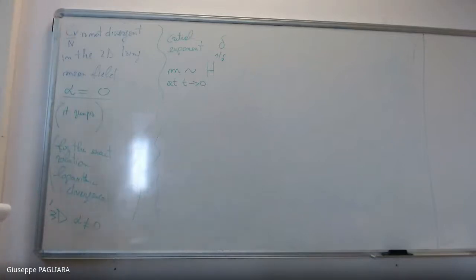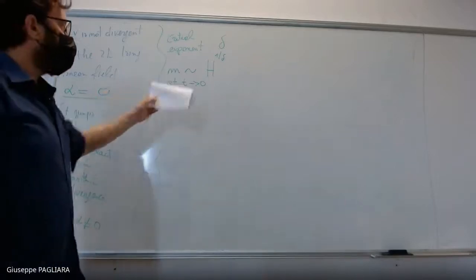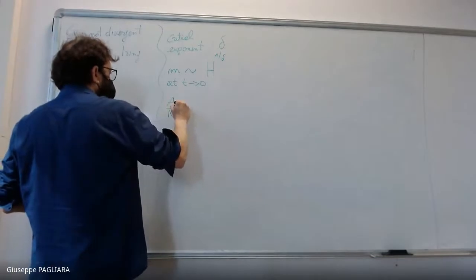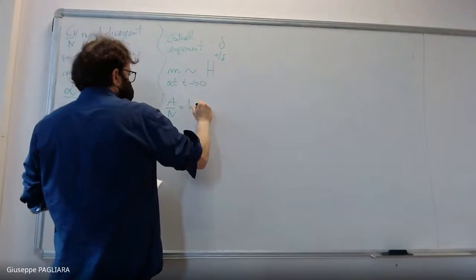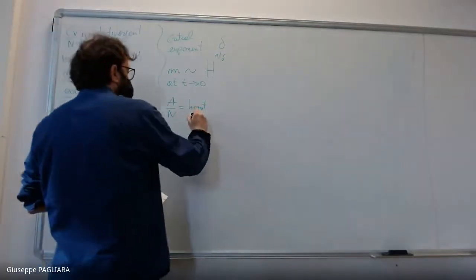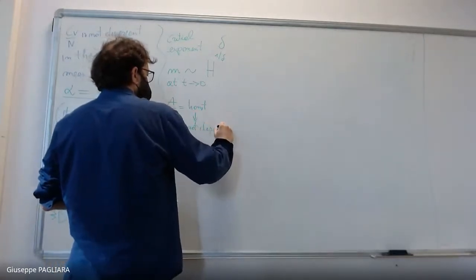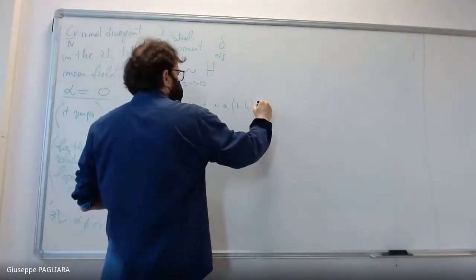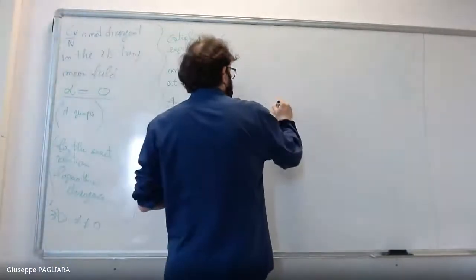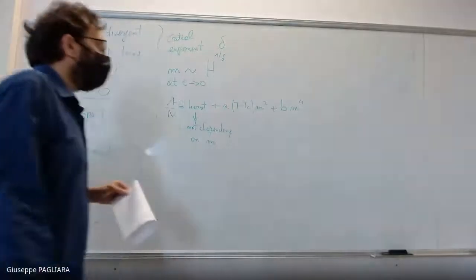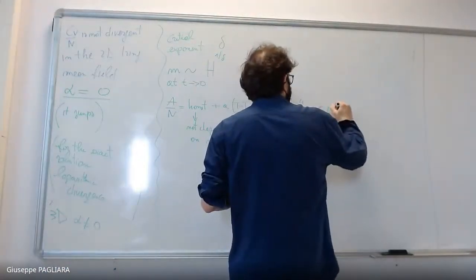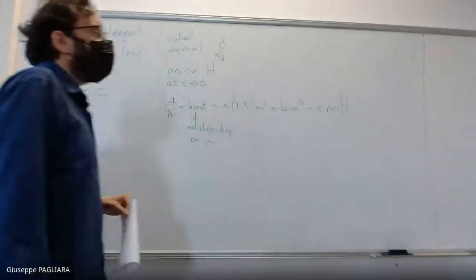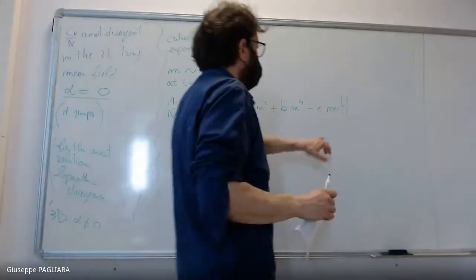We can actually derive easily the behavior of M as a function of H in our approximation, and then I promise that I will stop. Because we said before that A divided by N has some term which is constant, or in any case independent of M. Then we have a term which was a(T minus Tc) times M squared. Then we have a term which was b M to the power of 4. And then we have a linear term in presence of an external magnetic field, which was minus c M H,